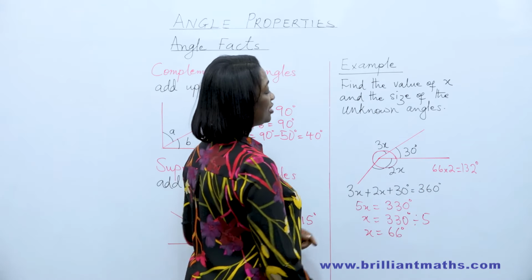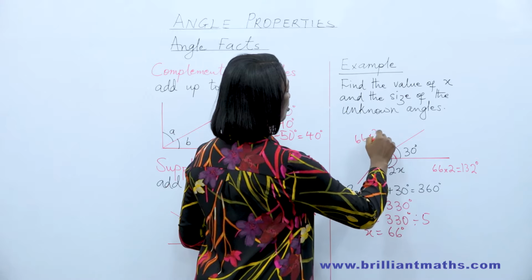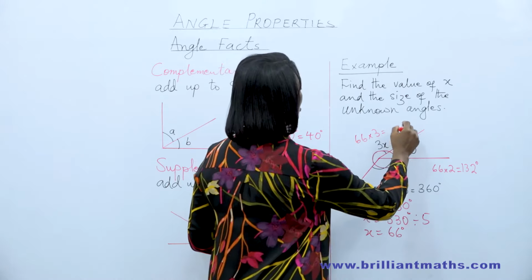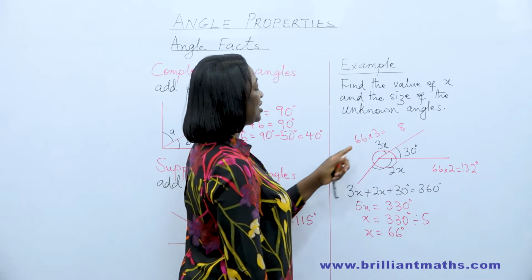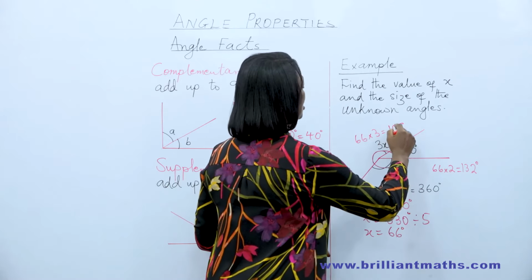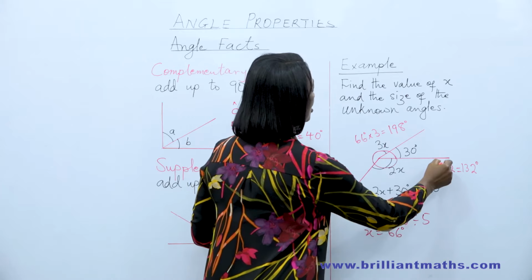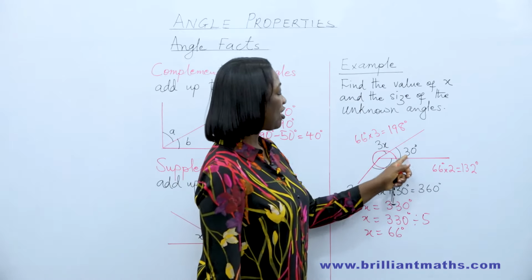And then 3x will be 66 times 3. 3 times 6 is 18. Carry 1. 3 times 6, 18, plus 1, 19. So that will be 198 degrees. And if you add all three angles,